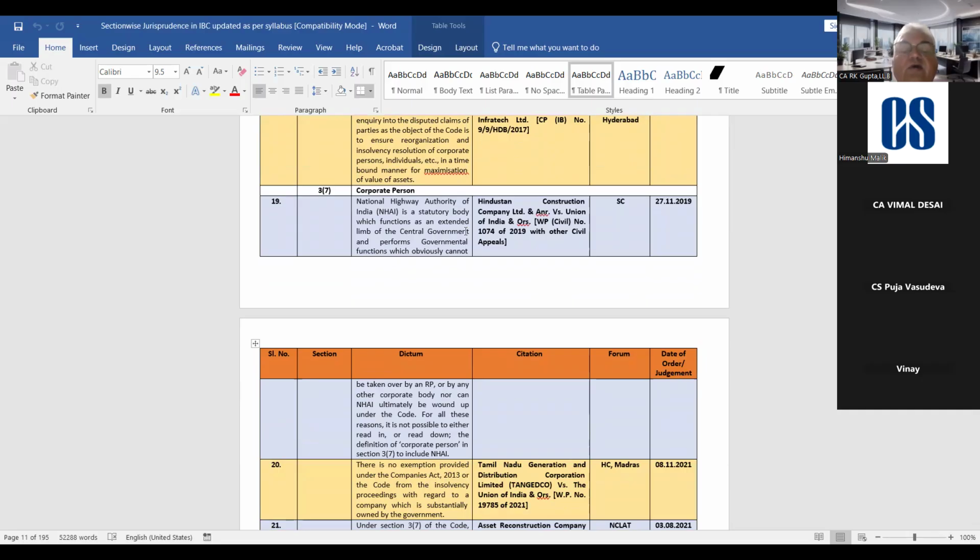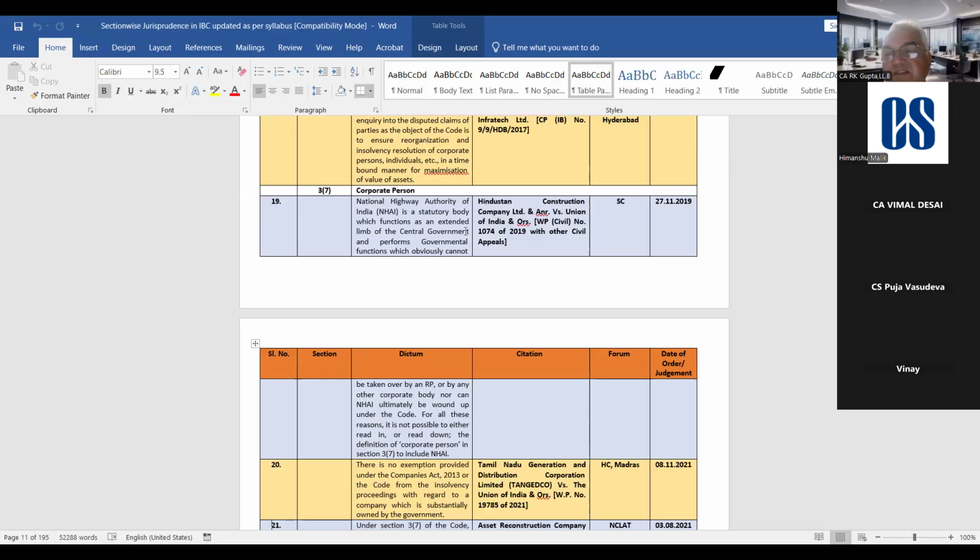वो ही कहता है कि जो NHAI है ये एक statutory body है which functions as an extended arm of the central government, तो ये आईबीसी में नहीं आ सकती, ठीक है। For all these reasons it is not possible to either read in or read down the definition of corporate person in section 3 subsection 7 to include NHAI. तो NHAI जो है ये corporate person में नहीं आएगी, ठीक है।